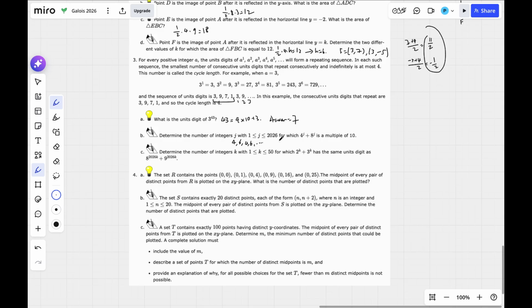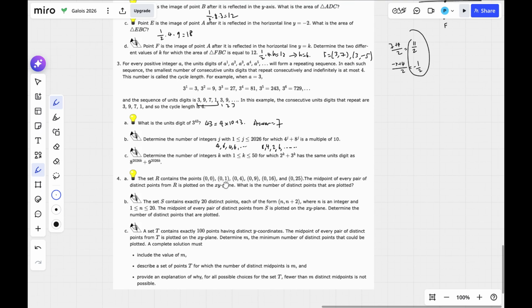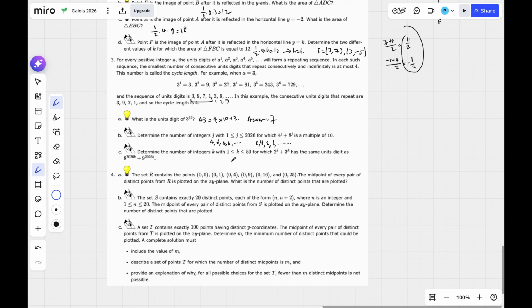So here we can look at the digits. For 4, it goes 4, 6, and repeats. While for 8, it goes 8, 4, 2, 6, and then it repeats. So now since for every multiple of 4 for j, it goes back to 1,